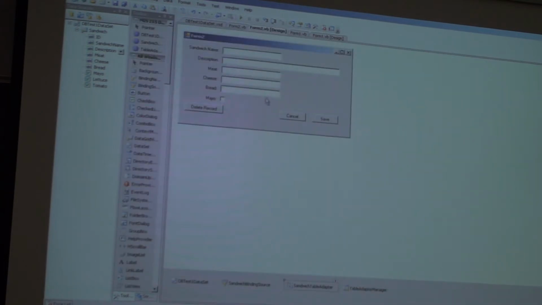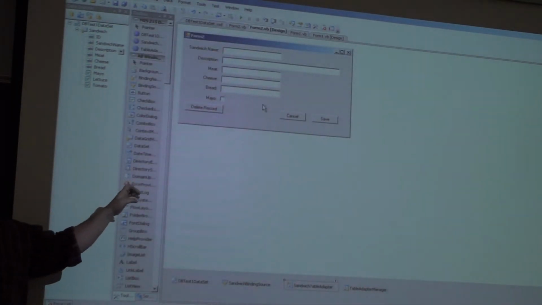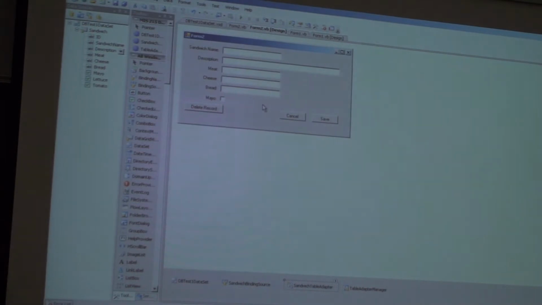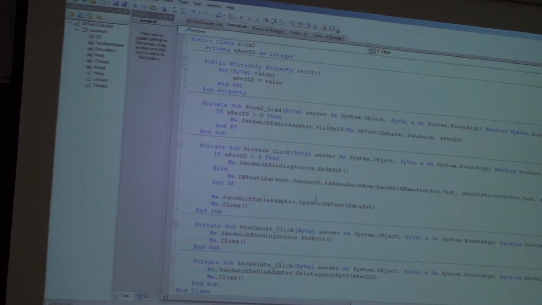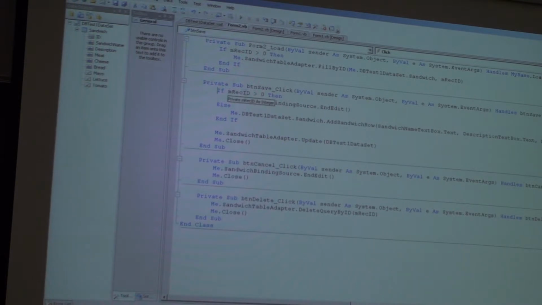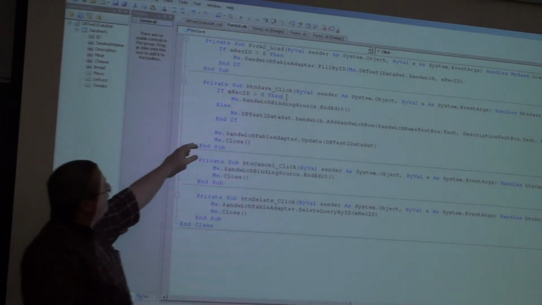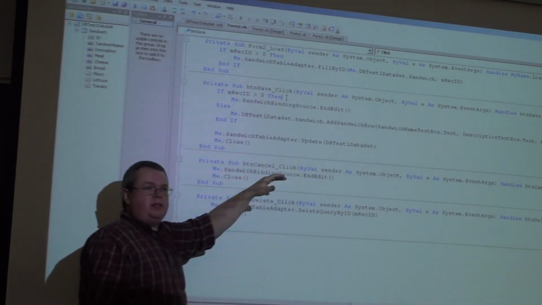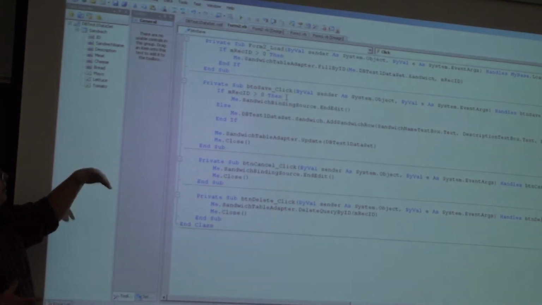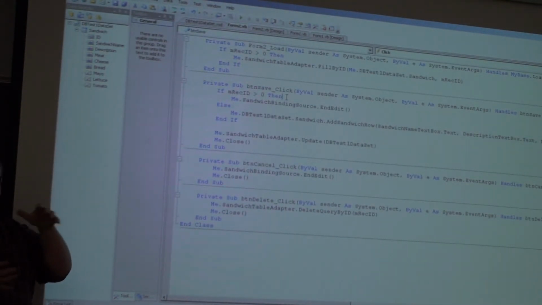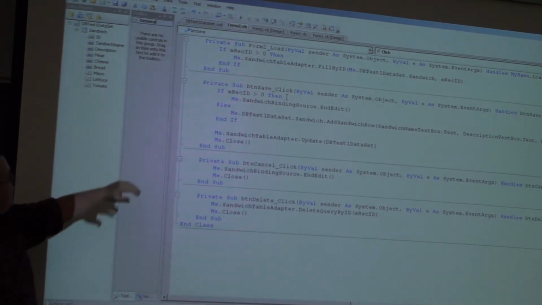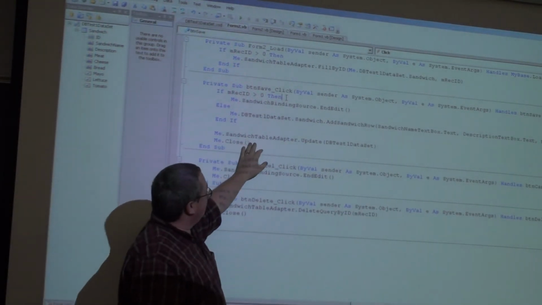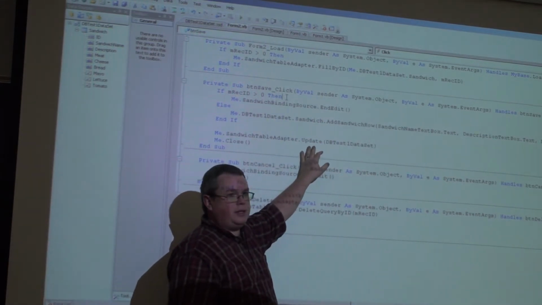Notice, where did I click to save that data? Your save button. My save button. So let's find out what's behind the save button. Okay, so what I say is, if the rec ID is greater than 0, meaning that I came in with a valid record, then all I do is I say the binding source end edit. What that means is I'm now telling my binding source, okay, any edits that you think you might have, we're gonna stop right now, and then I just need to say sandwich table adapter dot update and pass in the